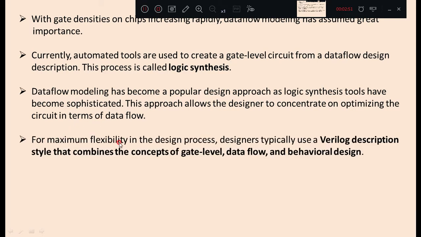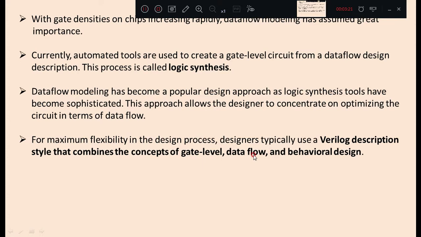For maximum flexibility in the design process, designers typically use a Verilog description style that combines the concepts of gate level, which we have seen in previous classes, and then data flow style and a behavioral design. In general, gate level means a structural description, data flow means using assign statements, behavioral means using always, if and case statements.